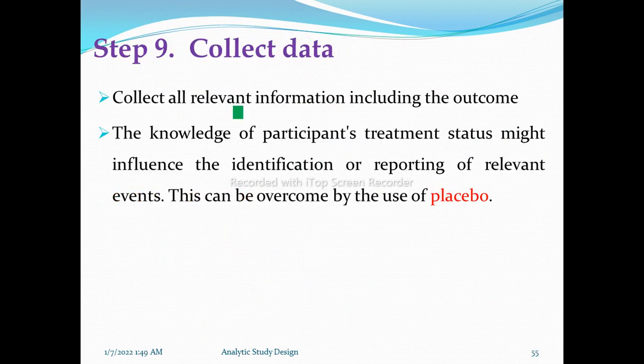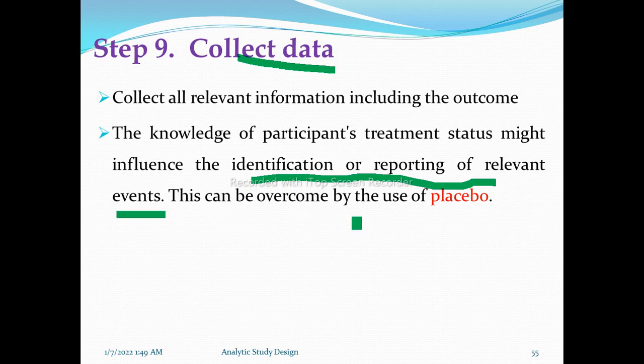But step 9 is to collect data. Collect all relevant information including the outcome. The participant's knowledge of treatment status may influence the identification or reporting of relevant events. This can be overcome by the use of placebo. By the way, for instance, if there are two groups, a treatment or intervention group and a placebo or control group,